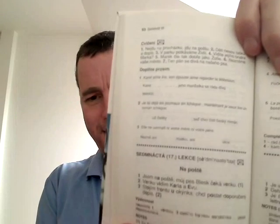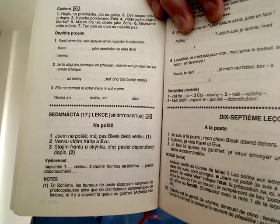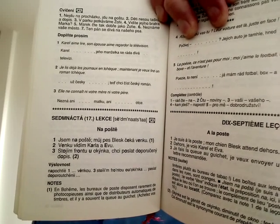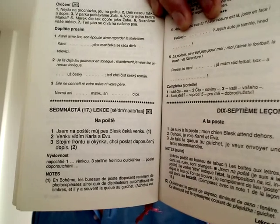Lesson 17, at the post office. Okay, so what you could do is read. Jsem na poště, můj pes Blesk čeká venku. Venku vidím Karla a Evu. Stojím frontu u okýnka. Chci poslat doporučený dopis. And it goes on and on and on. You see? Now, you can read that. Fine, you'll get good at reading. But if you listen to it...